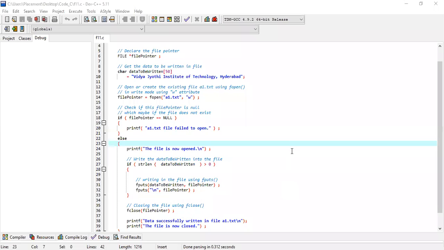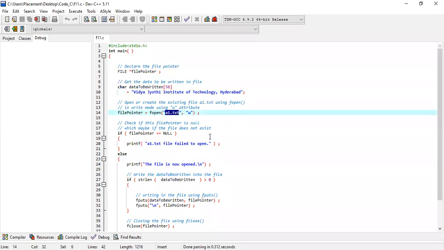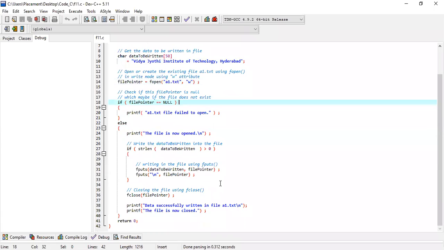Thank you. So here, once you have written your program, then it is the same way as the first program. Sorry, in the write mode, a1.txt write. Rest of the thing is same. The file pointer will take care of the pointer. You have the string Vidyarthi Institute of Technology. You're going to write it at a1.txt, and if the file is not found, all the things have been already explained, and same portion, only a few comments have been added, and then fputs data to be written, that is the string, comma,